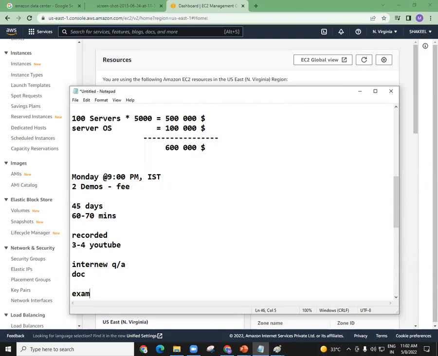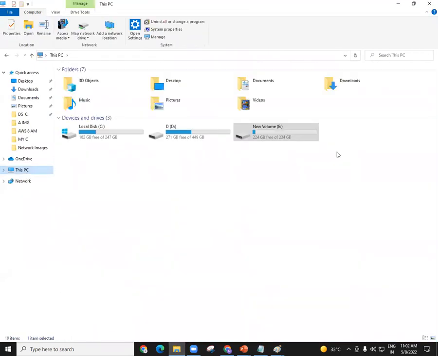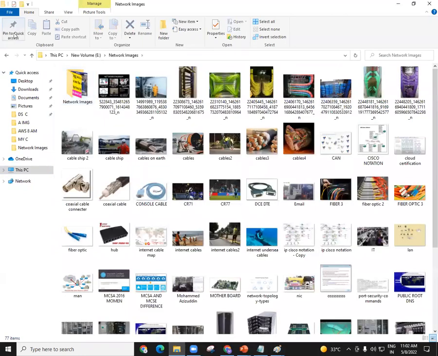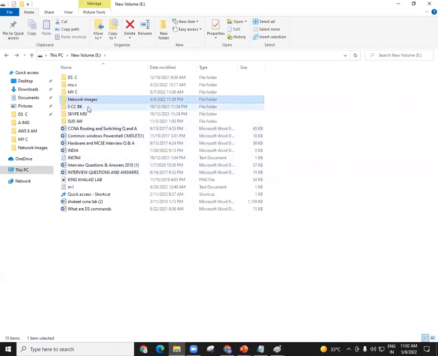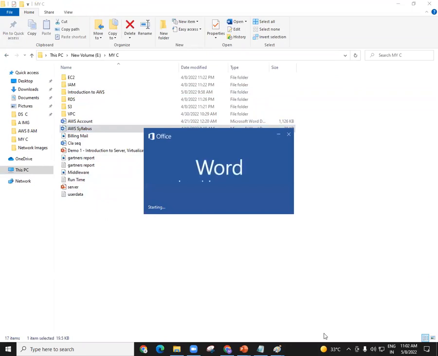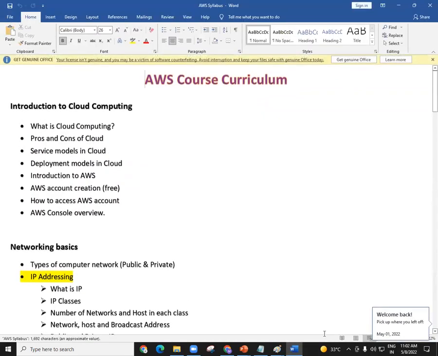Okay, good question, Sachin. The question is, can you list out the services which we will learn in our AWS? For this, you have to come in the next session, my friend. I've already, wait a second. The syllabus is already ready here, but time is not sufficient for me to take you through this syllabus. So when you come in the next session, hopefully we will see some more basics of cloud. Then I'll take you to the AWS course curriculum.